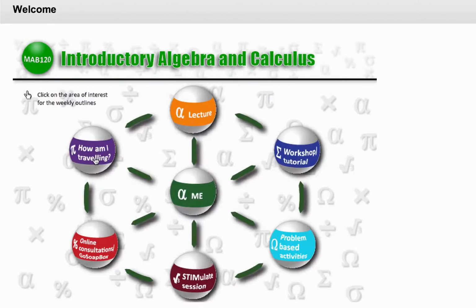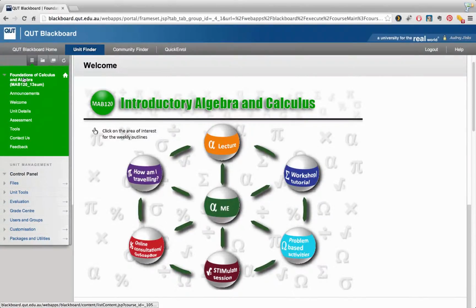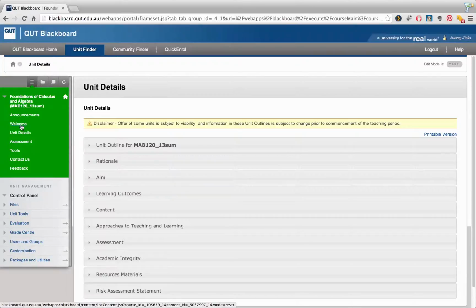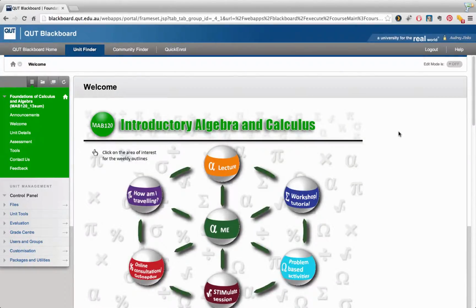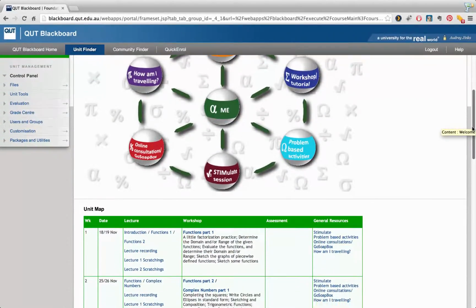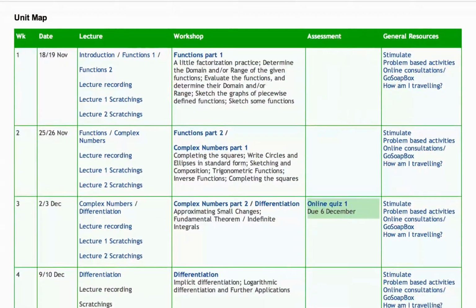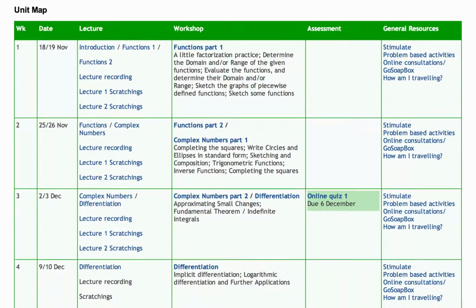how are you travelling. Crucial to the design is planning the content delivery. I've worked closely with coordinators, expressing the importance of a unit outline and a 13-week plan. For the summer school, it's 9 weeks. This plan should also be explicit to students. So in order to do this, we have listed each week very clearly, stating the topics for each lecture, workshop, when the assessment will be available, and the general resources available